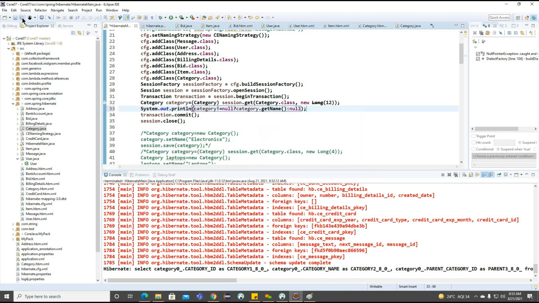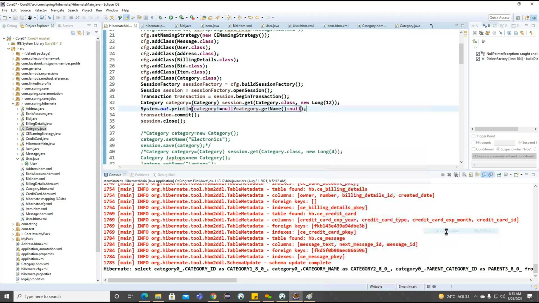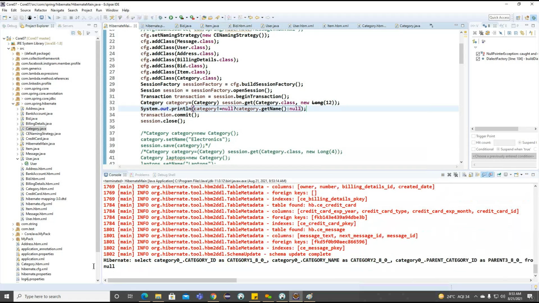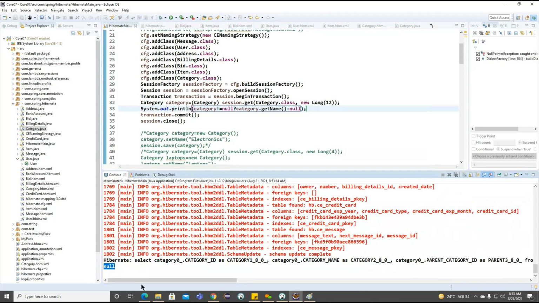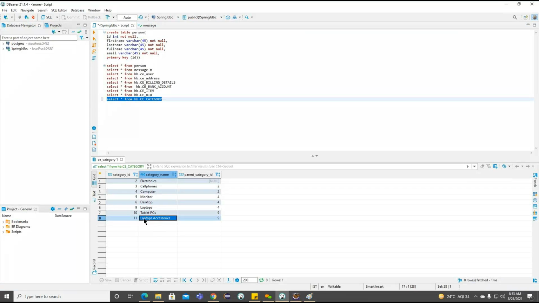Getting the point? So what is the value we are getting here? Now we can see null. Why are we getting null? Because based on this particular ID 12, in the category table, we don't have a record. Up to 11 only we have.